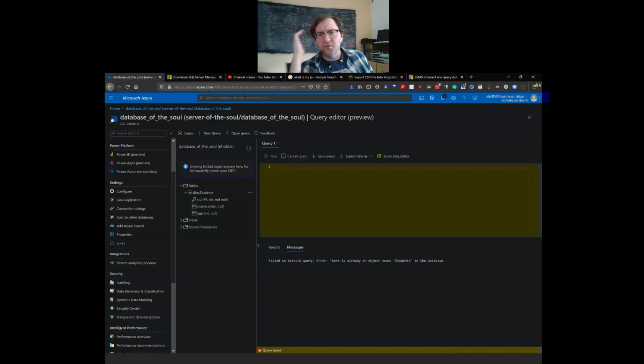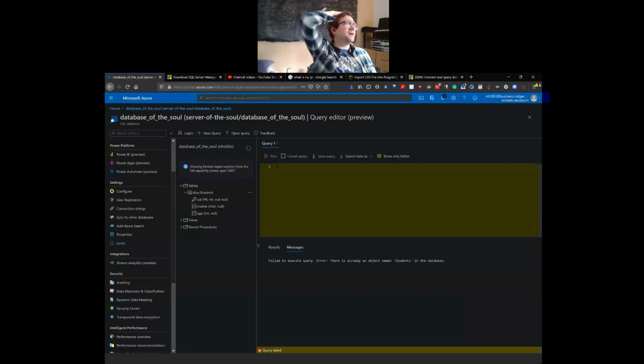So I don't exactly have in my head the way that this works, but you need to have both a login and then a user. And I understand a user, but I don't exactly understand what the login is. I think maybe it's for like groups of people, and then you assign. I'm not sure, but